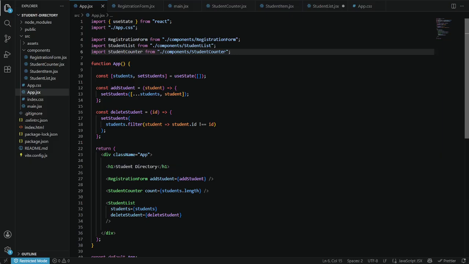And then this one, the spread of student, keeps all previously registered students. It keeps the older ones, the first ones who registered. Then the student adds the new student entered in the form. So this is the old student and this one is the new one, not yet registered.